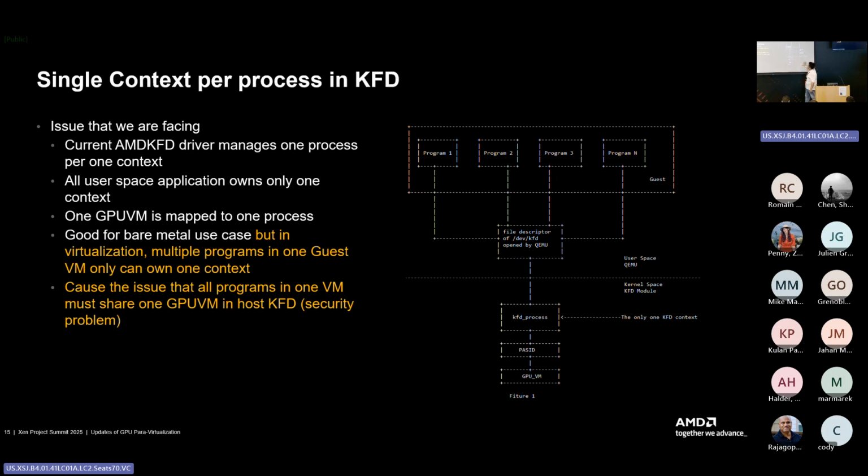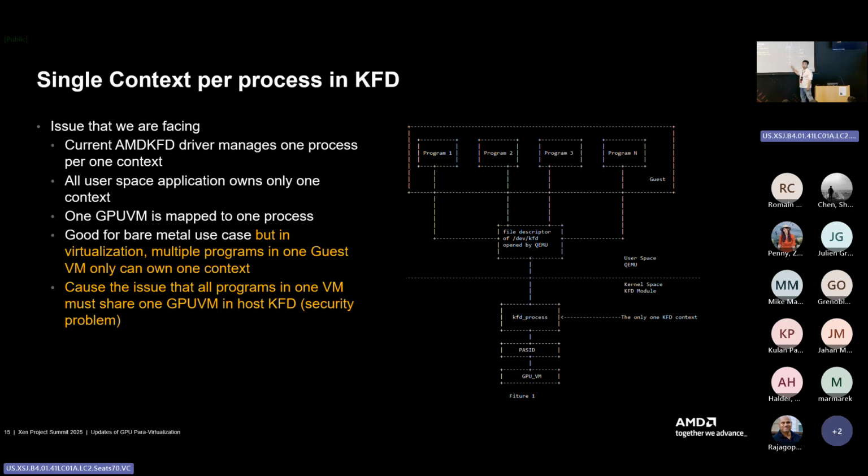from the native context and para-virtualization, the kernel is running in the host, but the user space is running in QEMU or the virtual machine. If different processes or applications are in one guest VM, they will always go through QEMU to the same GPU VM. That means if there is program 1, program 2, program 3, program 4, up to program N, they will always share one GPU VM.